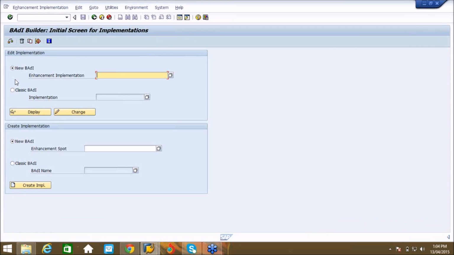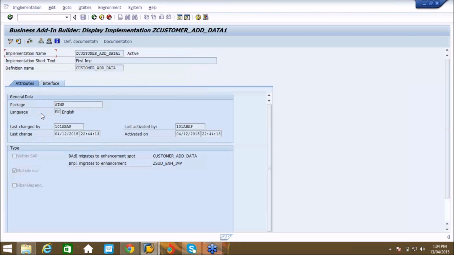For example, you don't want to execute the code which is in the first implementation. Then what you can do is go to the first implementation over here, and deactivate. There is a button. If I go into change mode, there is a deactivate button here. Deactivate this.